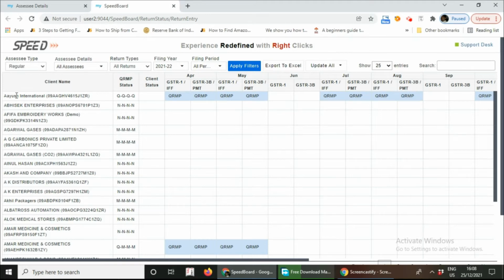Now, as you can see, this dashboard contains the list of your clients as well as their month-wise GST return and GSTR 3B status. Now, if you want to update the return filing status of all your clients at a single click, just click on this Update All button and click on Return Status using API.